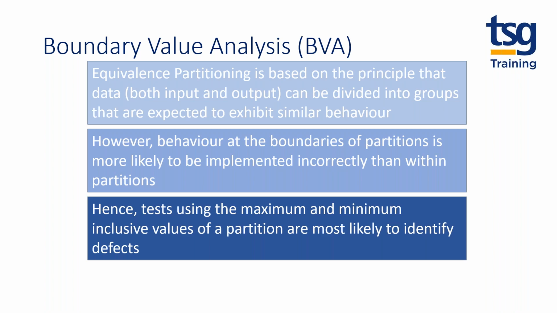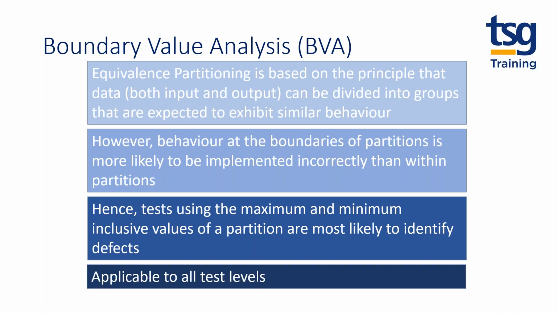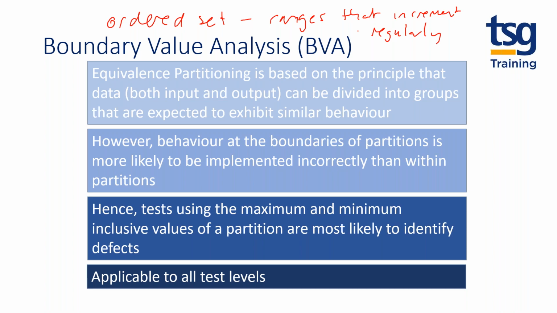So let's define a boundary. And ISTQB have defined boundaries in a very nice, unambiguous way. The maximum and minimum inclusive values of the partition are those ones that are most likely to identify defects. So that's what we're going to focus on with this technique. Now, it's applicable to all situations: component testing, integration testing, system testing, acceptance testing, anywhere you've got partitions which are ordered sets. I don't know if you've come across that stage, an ordered set. Ranges that increment regularly. So I need to find some information out, and if it's not there, this technique is going to help pinpoint